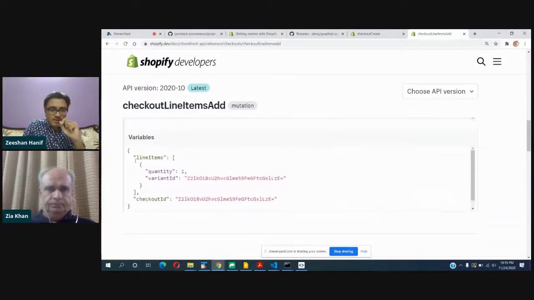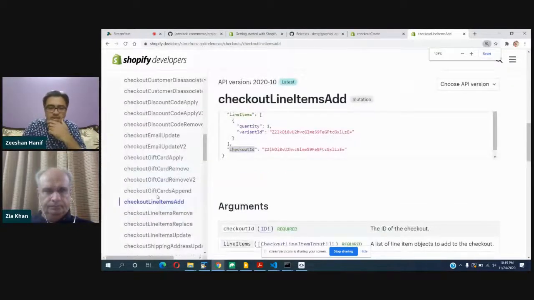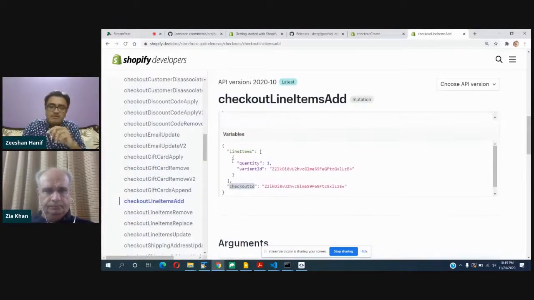So we can provide line item like this, a line item array, and inside this an object with quantity and variant ID. It's exactly similar to what we have done with the buy SDK. We had created the checkout, and then we were adding the line item inside the checkout, with the checkout ID. So that's exactly similar to what we have seen in buy SDK, but only this time we'll be doing it with